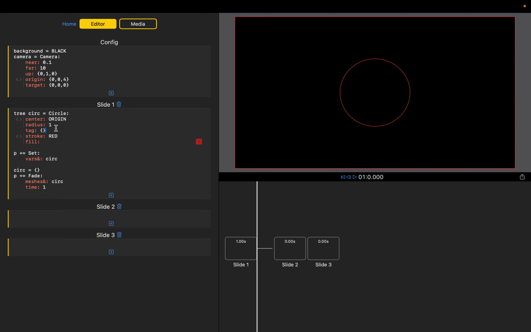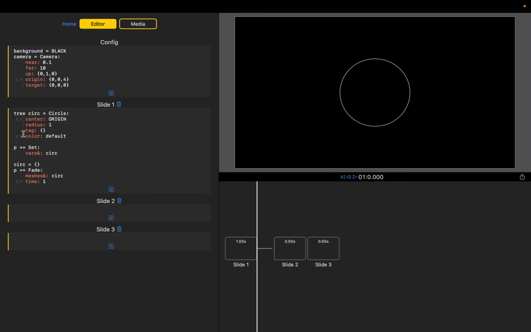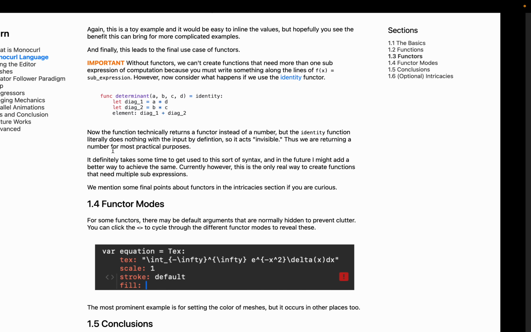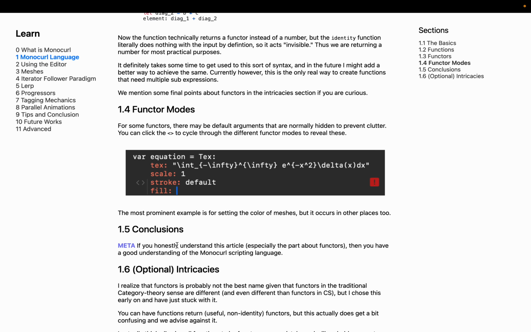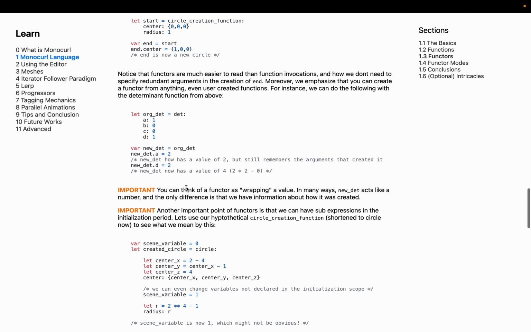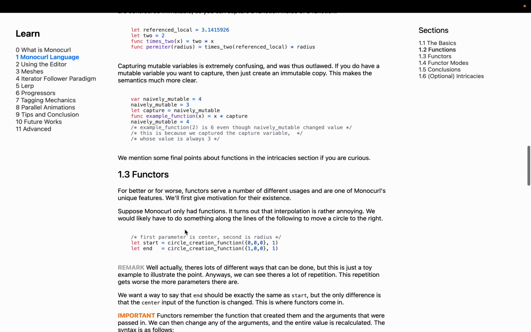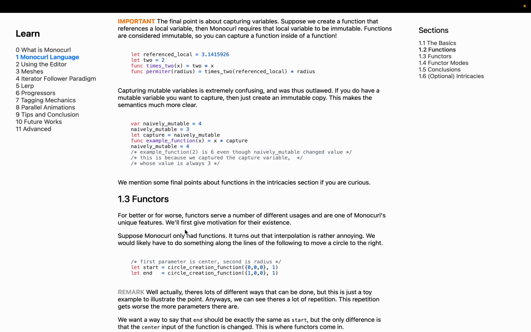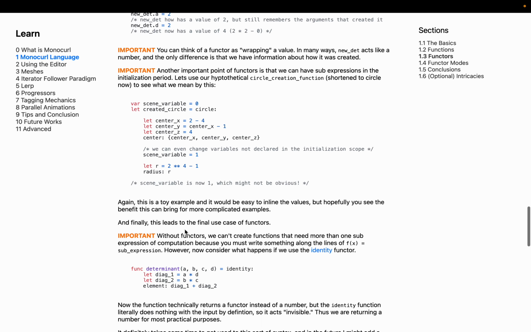So this is the preferred method rather than typing it out. If we wanted to type it out, that's typically just going to glitch out. So I would recommend just clicking on the buttons. It does get somewhat repetitive, but that's the best method. All right, as long as you understand the idea behind functors and some stuff about functions, I think you probably should have a good enough idea of the language, at least for